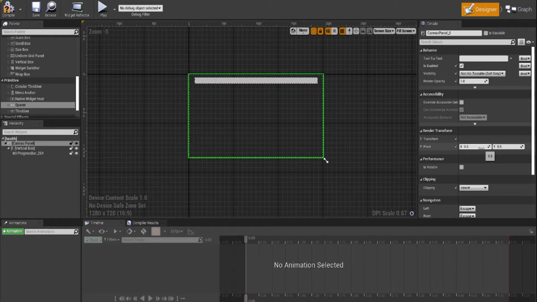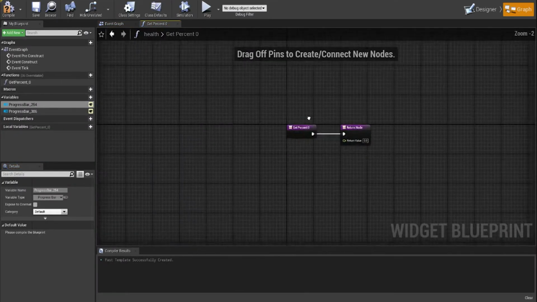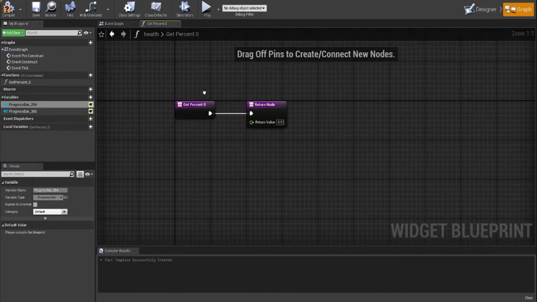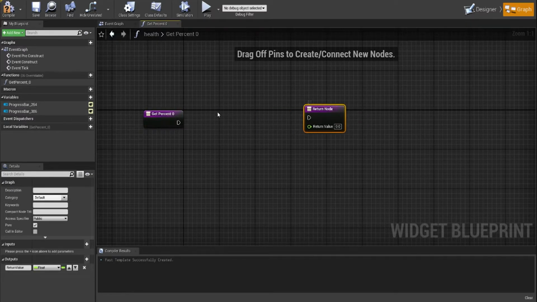And now what we can do is, where is it? Oh, okay. Come to your percent. So this is progress. You'll click on the progress bar first, and you want to go to bind next to percent and create a binding. And this will take you to this page here. So Alt and then click to get rid of the attachment. And you want to drag out